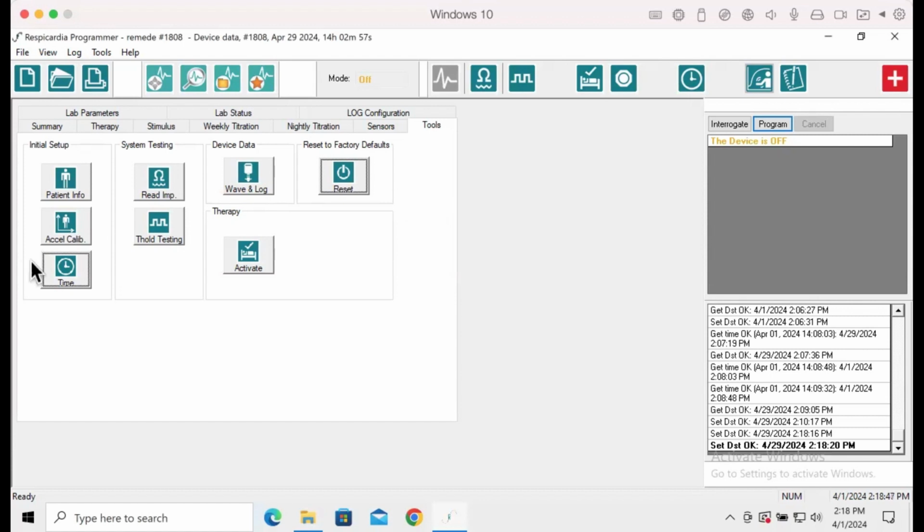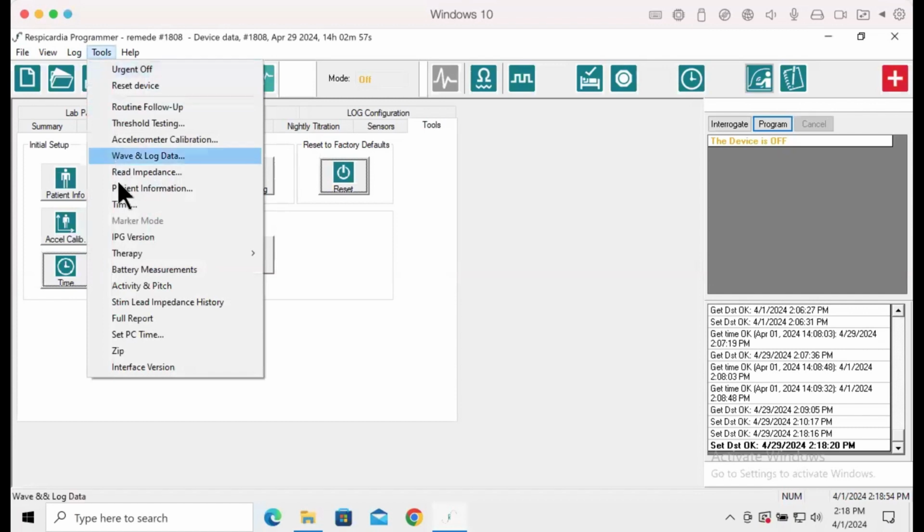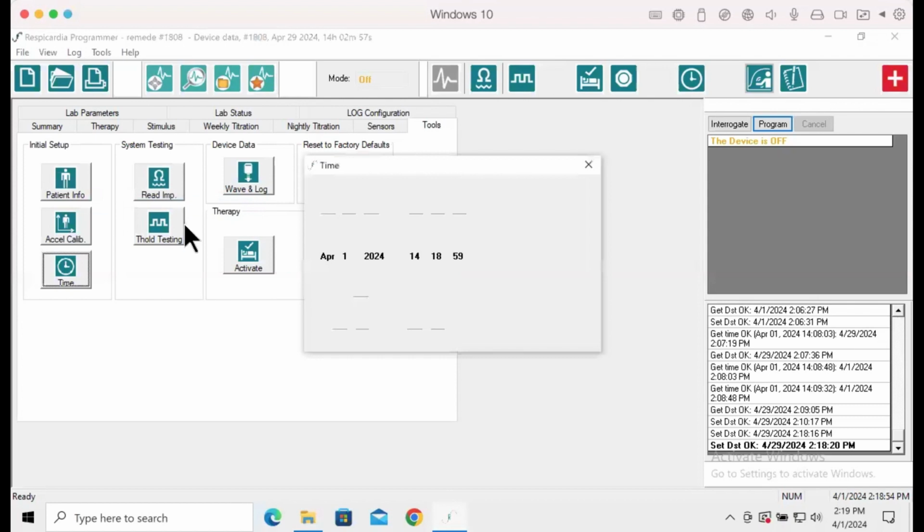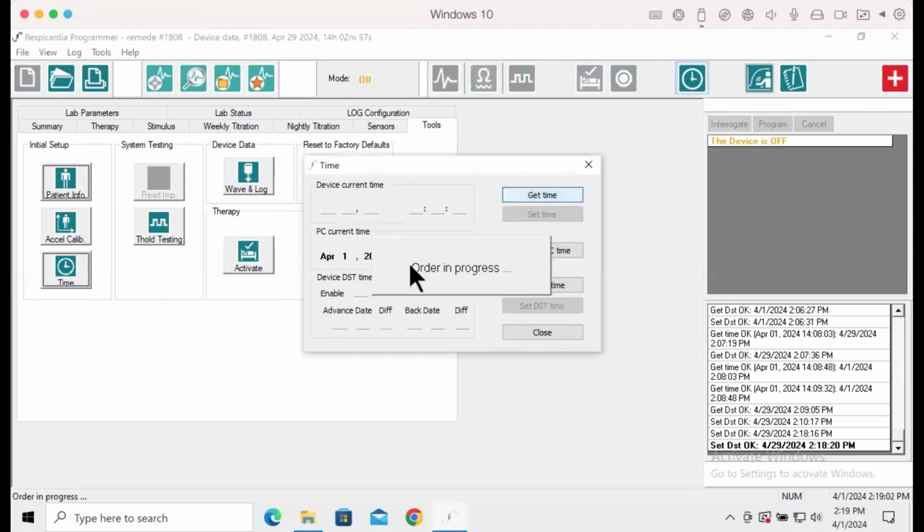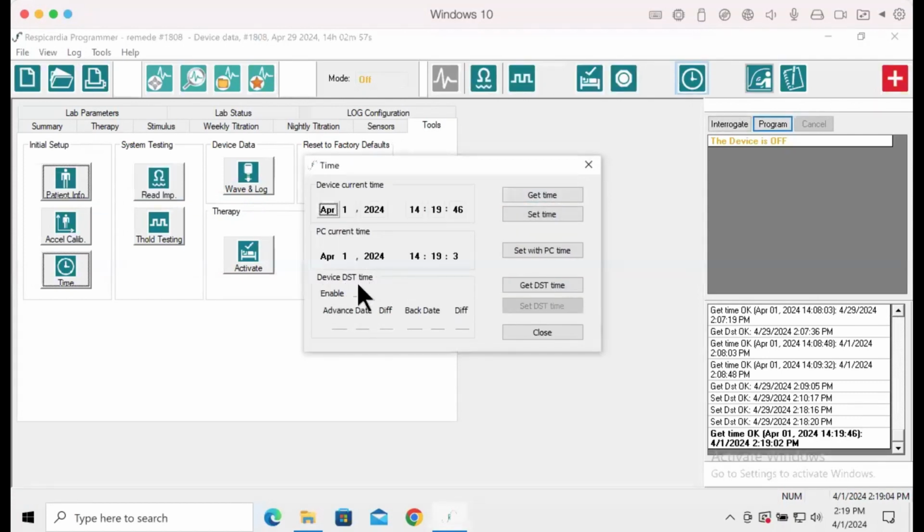However, for this video, we will concentrate on a central location, specifically the Tools pull-down menu positioned at the top left-hand side. Simply select Time. Daylight saving time is programmable under the device DST time. DST time has two functions. One, it is used to set daylight saving time within the patient's device, and two, program planned travel across time